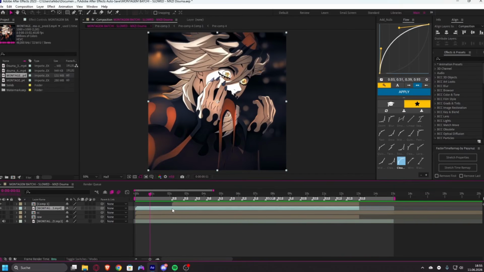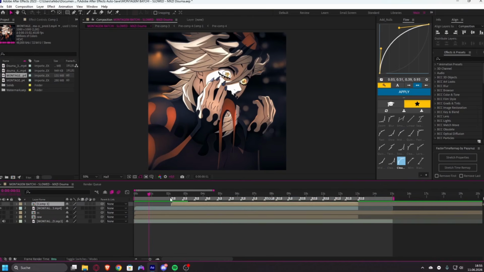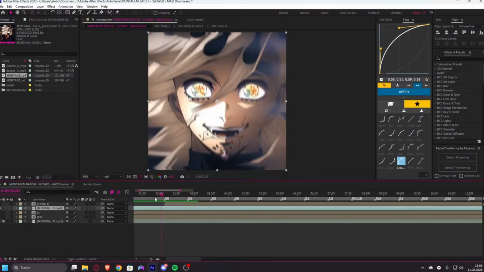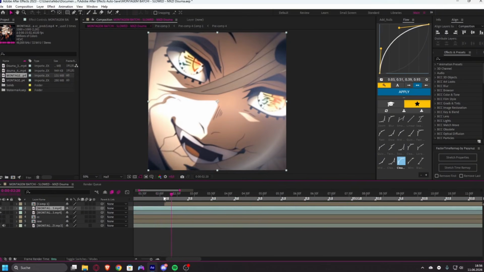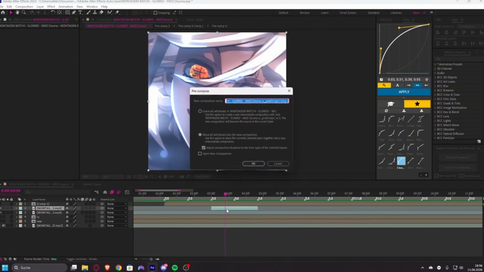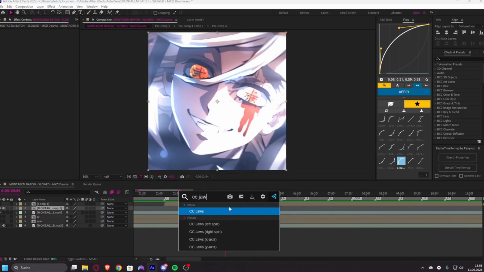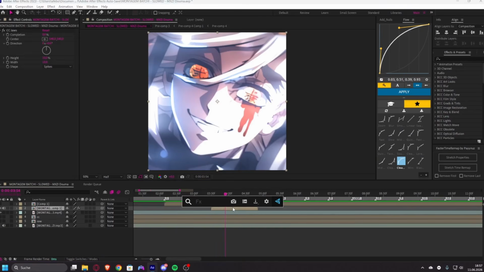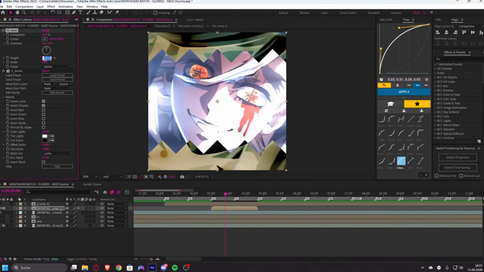Okay, so you can already post it like this if you'd like. I do want to try something out actually. So we just duplicate the layer here. I'm just going to cut it here till 5. I'm going to pre-compose it and then add an effect called CC Jaws. We'll be adding invert as invert in. Put the CC Jaws height onto